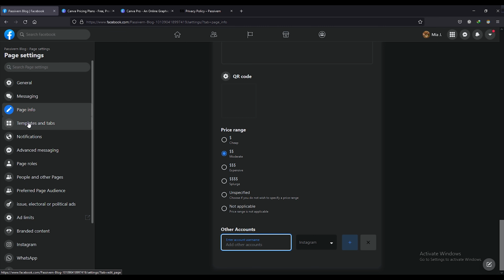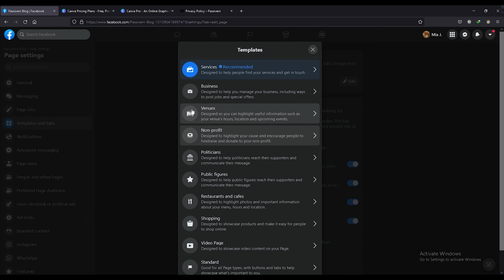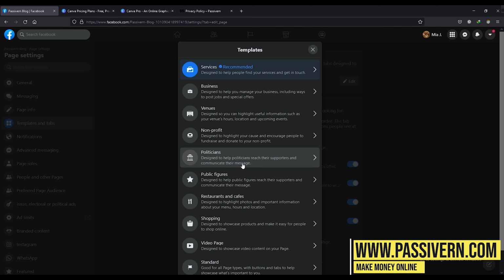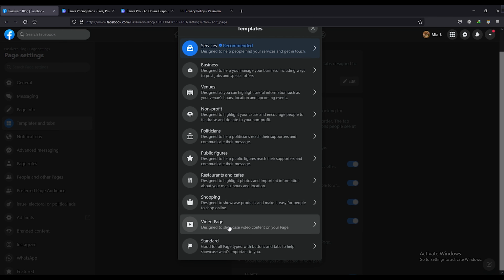After that, go to templates and tabs. From here, there are some templates. Suppose this is the business template. This is the services template. Right now, my template is the services template. There are also the venues template, non-profit template, politician template, public figures template, restaurants and cafes template, shopping template, video page template, standard template.